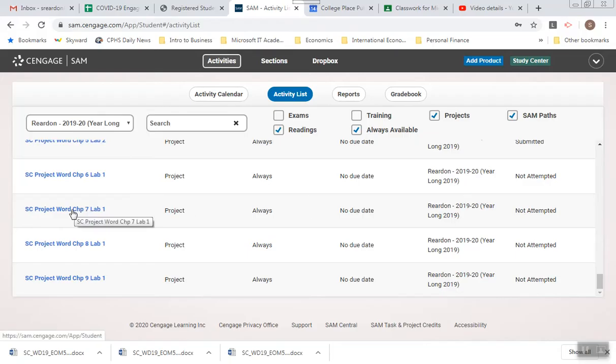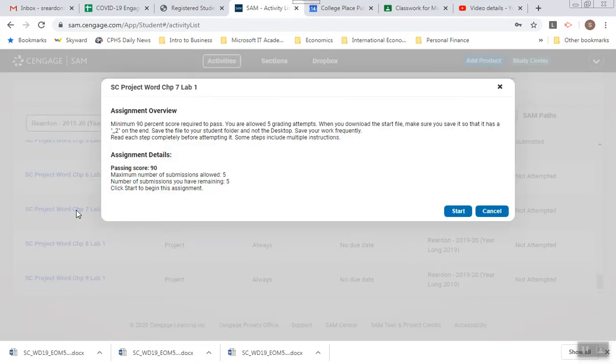You're probably wondering why we didn't cover Chapter 6, by the way, and that is because that focuses on mail merge, which is primarily covered on the Word Expert exam. Yes, so Word Chapter 7 project,